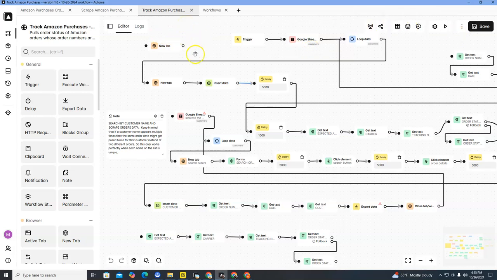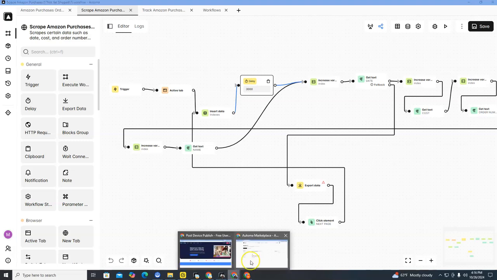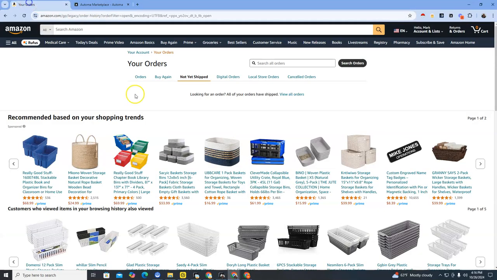So I just want to explain what this does and why you do it. The thing is, once you order the products, you won't have the order numbers and all of that until you do this. So when you run this on the not yet shipped, it will pull the orders in. Sorry, I don't have actual orders for you to see, but if you have orders here, it will pull the order numbers, the date, how much each order cost, the name of the customer the order was shipped to. It will pull that data,